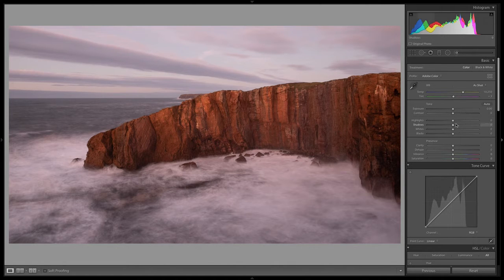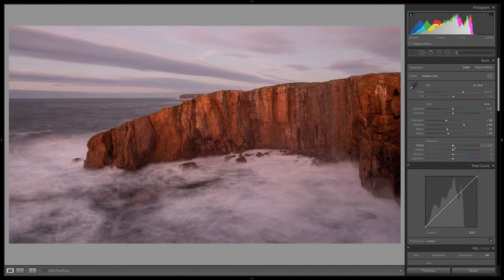One thing I am going to play around with is the overall exposure. So I'm going to bring up the shadows just a little bit to get some more information on the rocks themselves. Also bringing down the blacks just a tiny bit just to bring back some of that contrast. Bringing the highlights down a little bit and the whites overall just down a little bit as well.